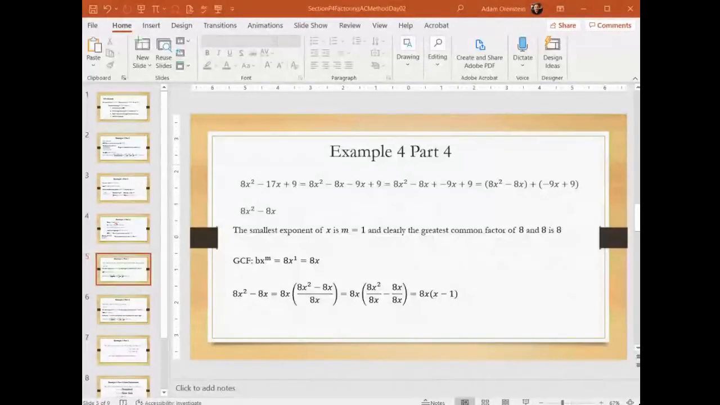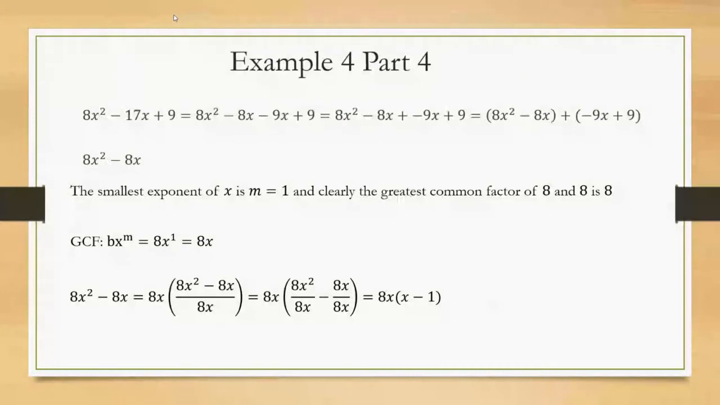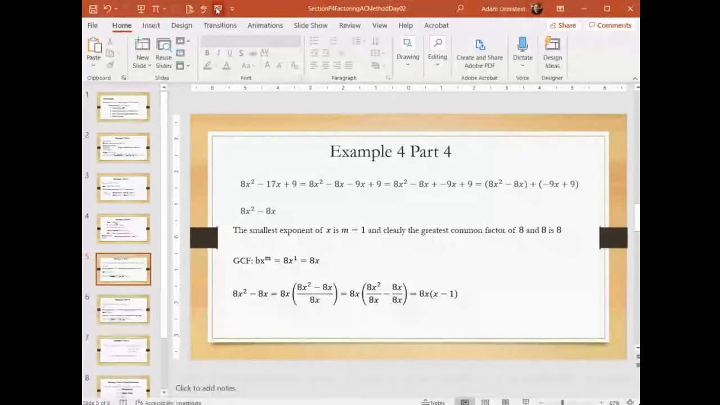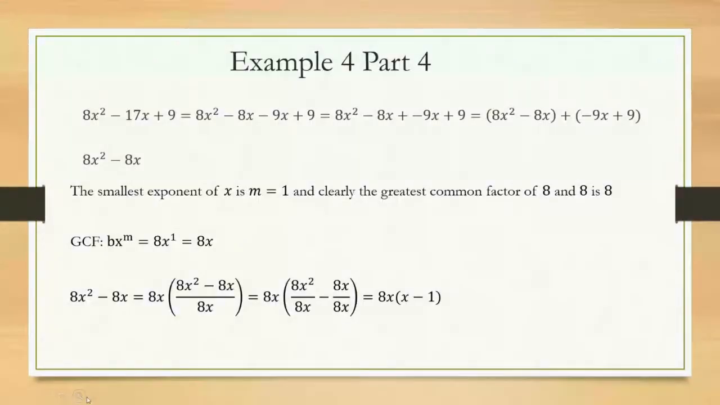For the first group, now we have 8x squared minus 8x. Okay, so what do we do? Well,